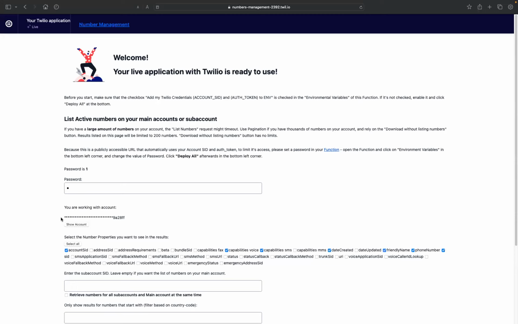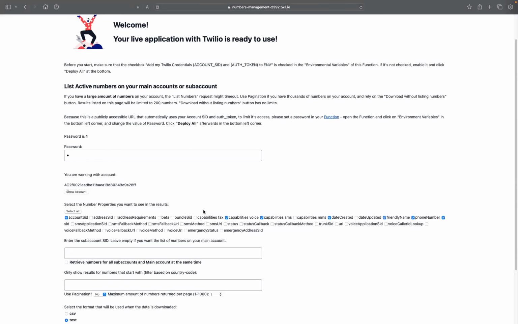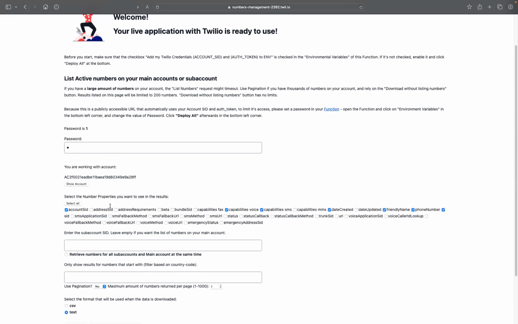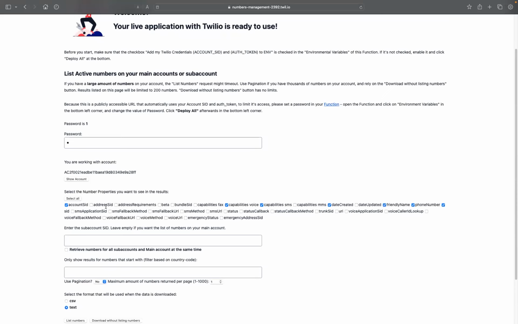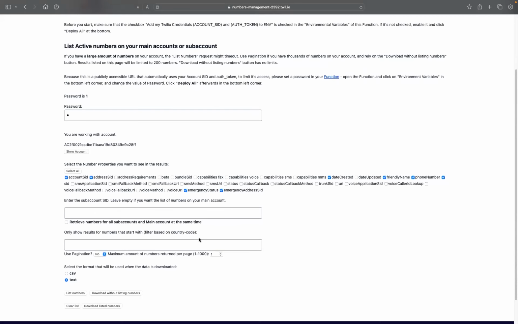Next is the account SID that you're working with. For security purposes, it's blurred out by default, but you can click Show Account if you want to just confirm the account you're working with here. Next are going to be number properties that you want to see in the results. So you can add some, you can remove some, and really adjust what you want to see in your list